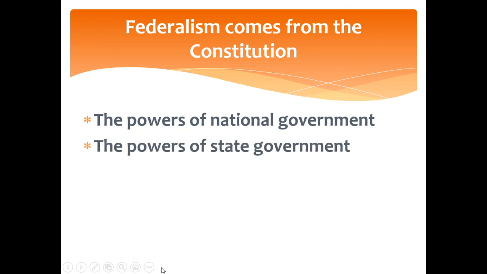The powers of state government. Where do we find the powers of state government? We have this idea of federalism. The Constitution creates two levels of government. Well, first off, why would this idea of federalism limit the power of the federal government? It limits the power of federal because it says the states have certain powers. So it tells us that there are certain things that the state can do that the federal can't. Well, that's in a nutshell explanation. Does it really?